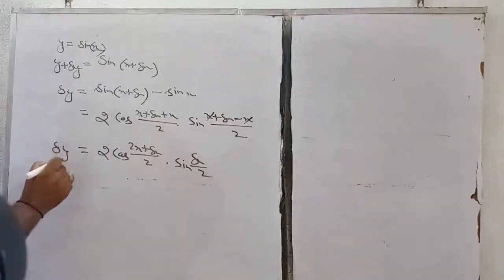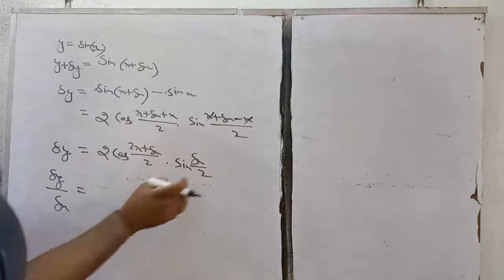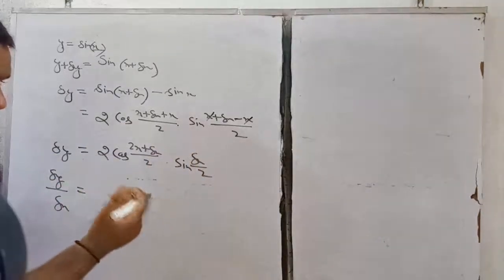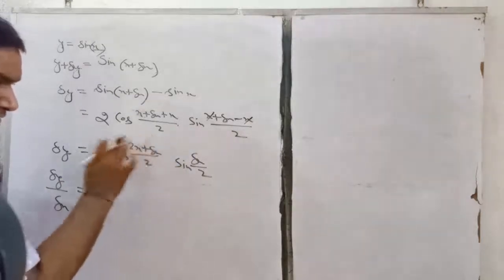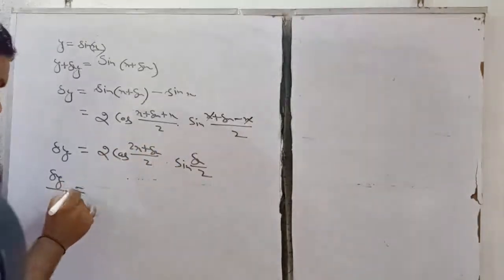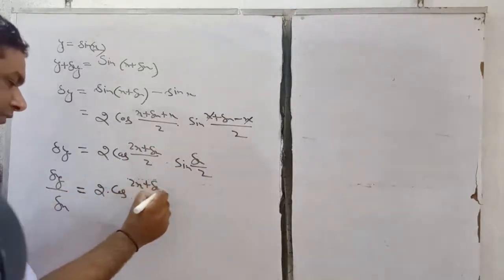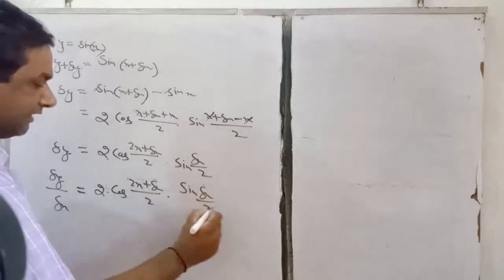This is the value of del y. Now what is the value of del y by del x? So we can write del x with a sine, because in the limit we have to adjust the sine and tan, not the cos. So we cannot worry about the cos. So here we can write 2 into cos of (2x plus delta x) by 2 into sin of del x upon 2,